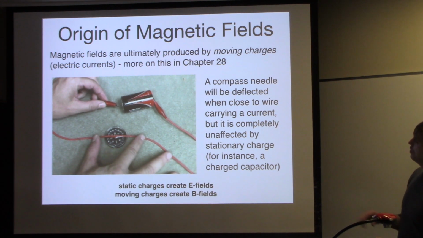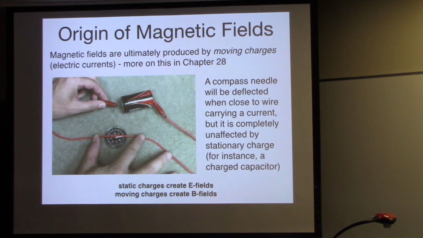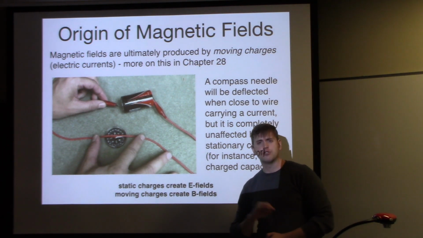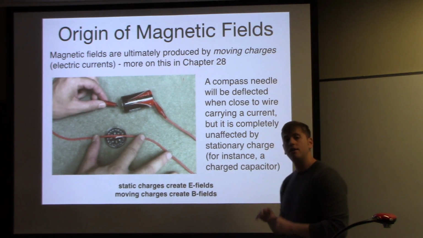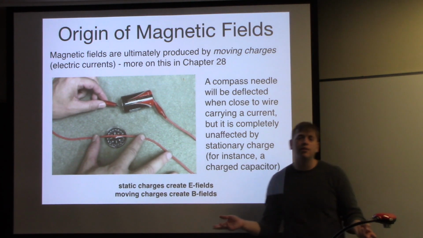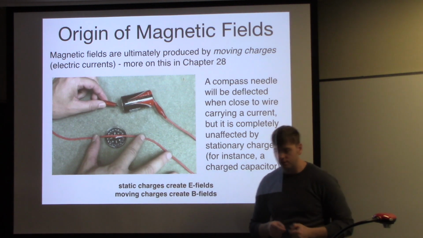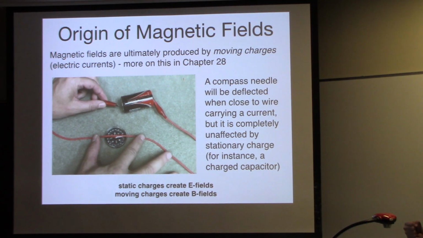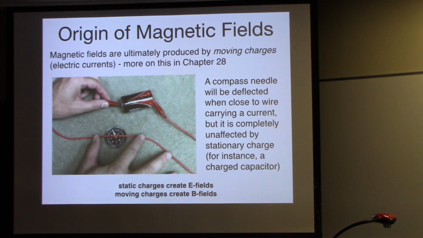But if I could say it in a really brief way, every single magnetic field that you can think of is ultimately being produced by moving charges. So if you've got charges moving around in some way, you're going to have a magnetic field. And charge moving around, that's just what we call an electrical current that we discussed in the last two chapters. Okay? And to get a sense of this, let's take a look at this video